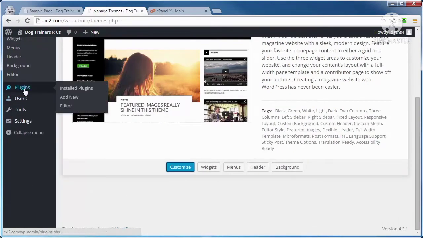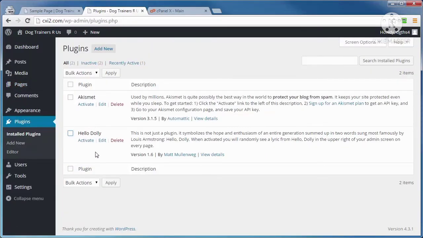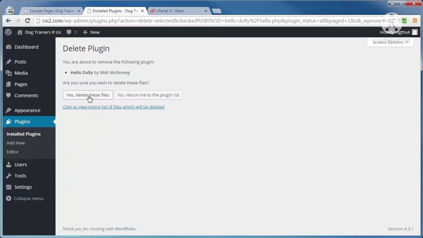Likewise with plugins, if we go to plugins, click on that, and these are the two plugins that come installed by default. I usually just go ahead and delete the Hello Dolly plugin, and you can do that by just clicking on the delete link here. I usually keep and activate the Akismet plugin unless I have a different plugin that will do pretty much the same thing. Then I'll delete both of these. So you can either delete them individually by using the links, or you can select multiple plugins and use the bulk action option up here. But I'm just going to go ahead and select the Hello Dolly, delete that, and then confirm the deletion, and